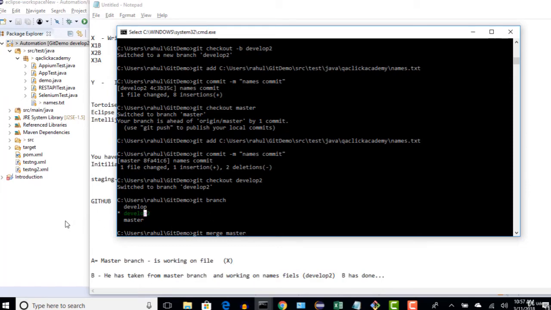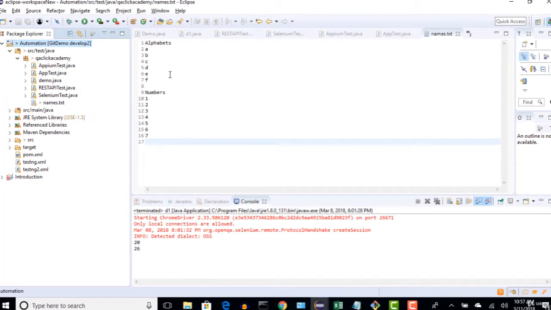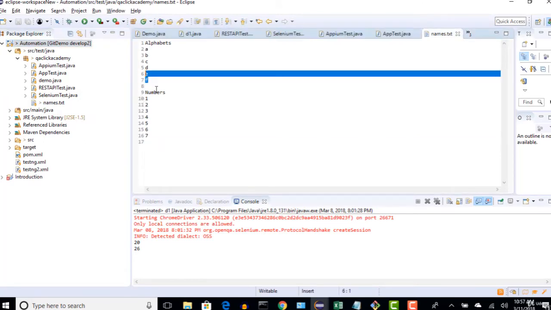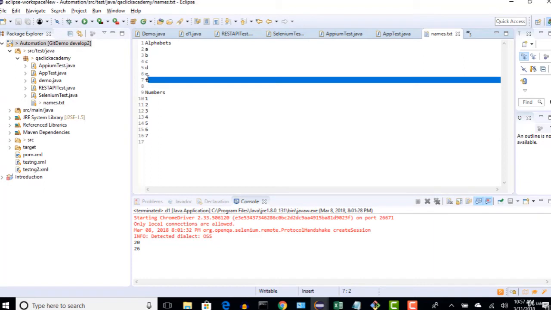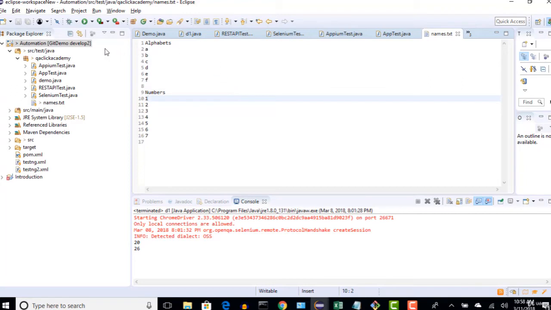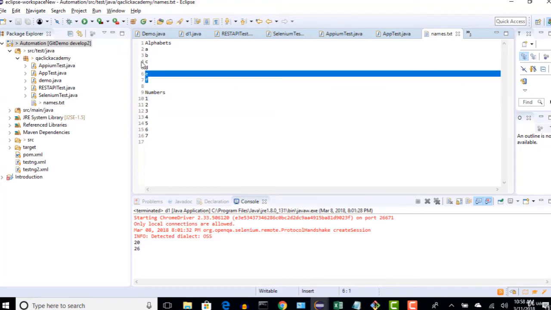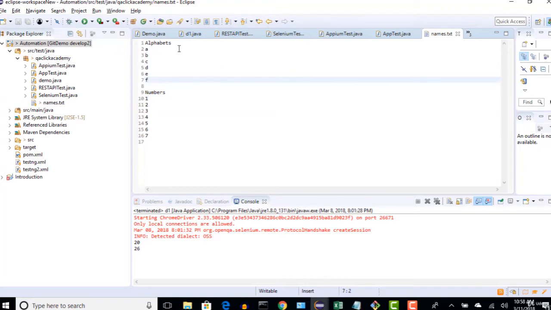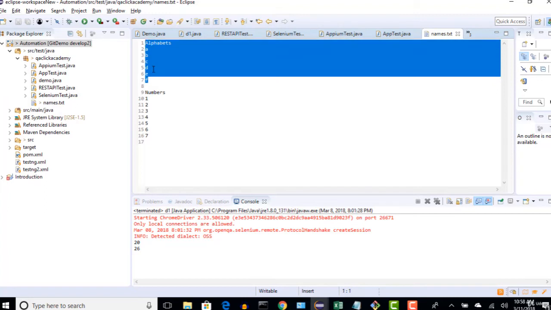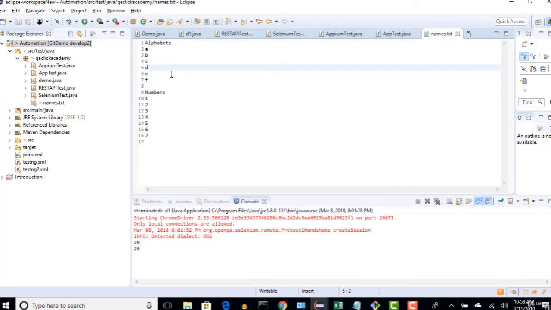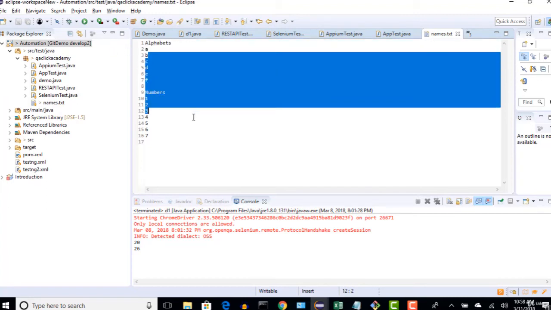But the problem here is this guy is telling I need EF. That guy deleted it. Now what should Git do? How does Git know which is correct? Should it follow develop 2 branch operations or master operations? Just imagine. First of all, master itself told that A, B, C, D, E, F is 7 alphabets, so the develop 2 branch has taken the entire code and he is working.